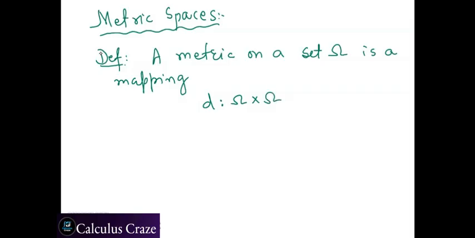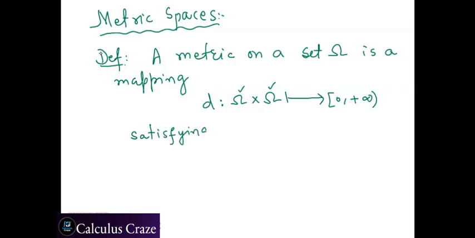So D will take two elements of this omega and map them to the real numbers from 0 to plus infinity, and it has to satisfy